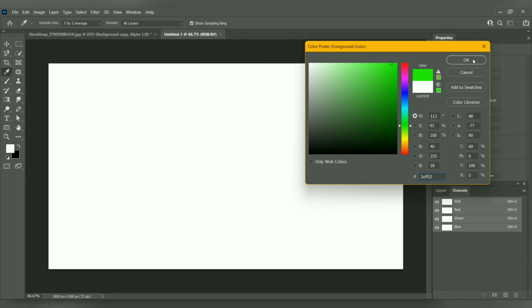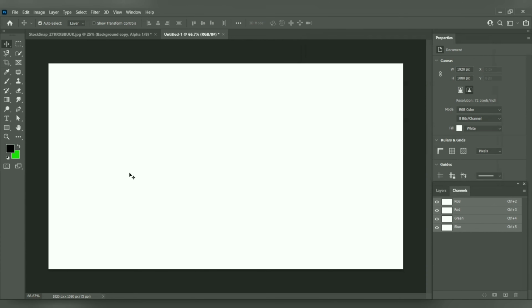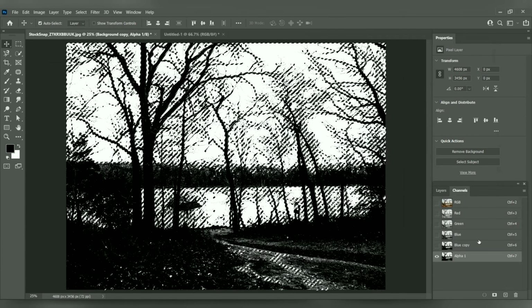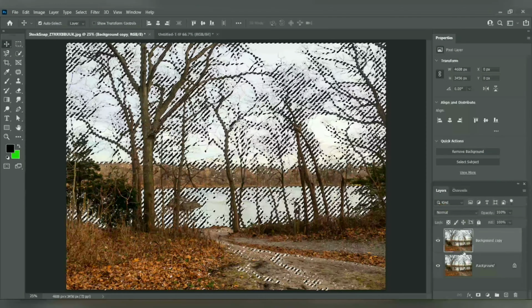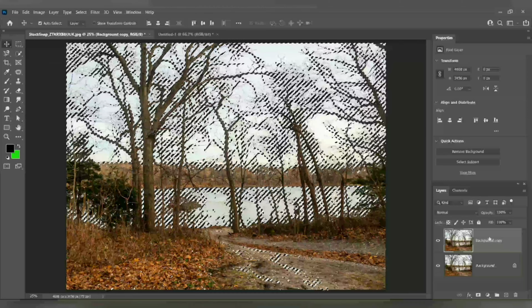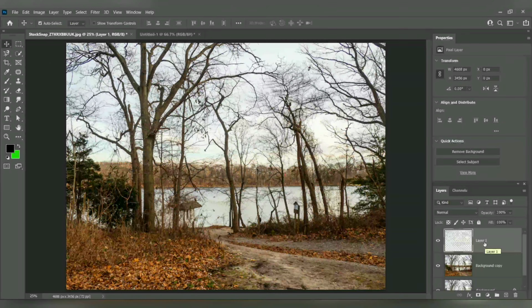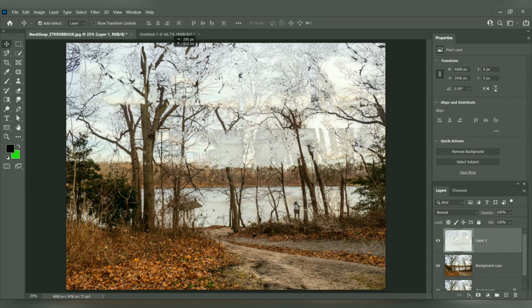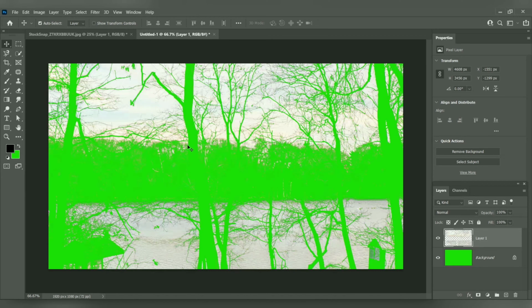Take the background color as per your desire. I have inverted the selection as it is giving a nicer effect.